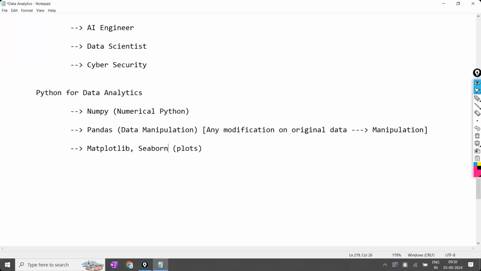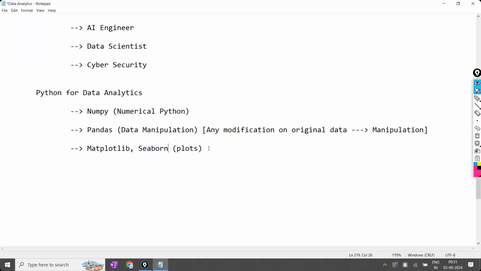Basically, it is not required because as a data analyst, our presentation will be done completely using Power BI only. But here we are going to use matplotlib and seaborn to have an idea, because it is related to data analysis. So within Python, we are trying to cover what is related to data analysis. Actually, it is not required because separately we are learning data visualization tools. For making the plots, we are learning Power BI and Tableau. Again, here also not required.